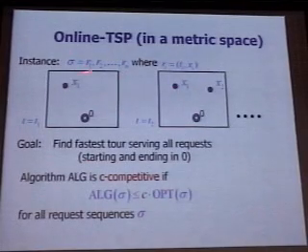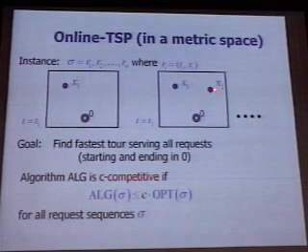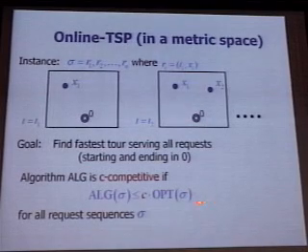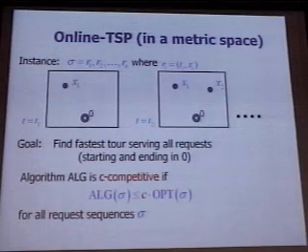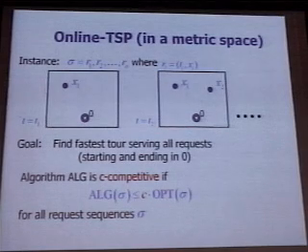This is a problem for online TSP. You start at 0, go to do some job, you get another job, and you would like to find a fastest tour, serving all requests, and you would like to be not too far away from the optimum. Well, the optimum you can always compute at the end of the day. You let the day go, and in the evening you compute the best tour, and then you just let the cars go and do the optimal routing, but this is not very helpful in practice.